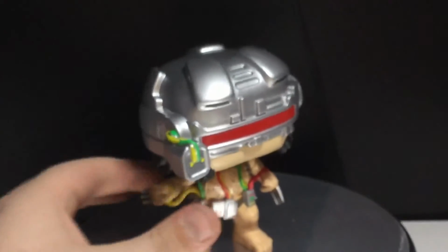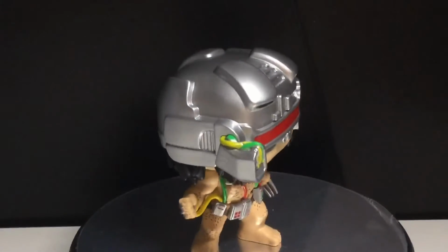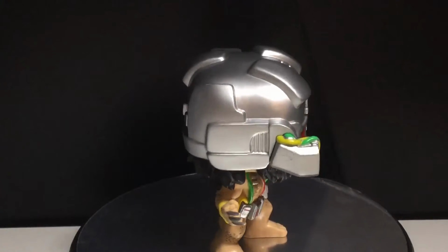Number 3, top 3, guys. Man, oh man. Number 3. I cannot find this guy anywhere. I said there's no Star Wars pop, so I had to create a Pulp Fiction pop, but it was damaged, and so is this guy. But I didn't mind it being damaged. But it is the Weapon X. Oh my god, it looks awesome. Just looking at it. I wish I could keep this guy out of the box, but I don't really have anywhere to put him,